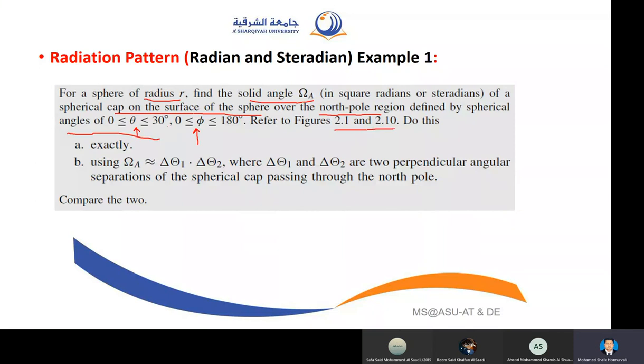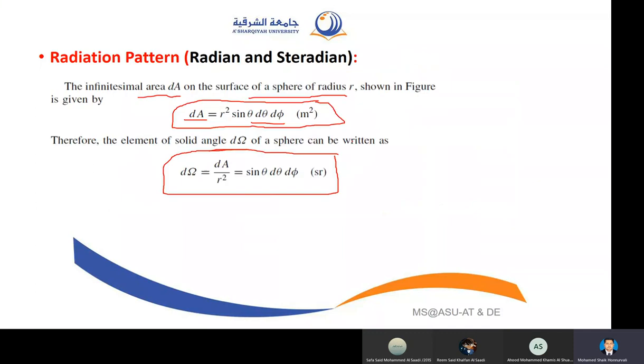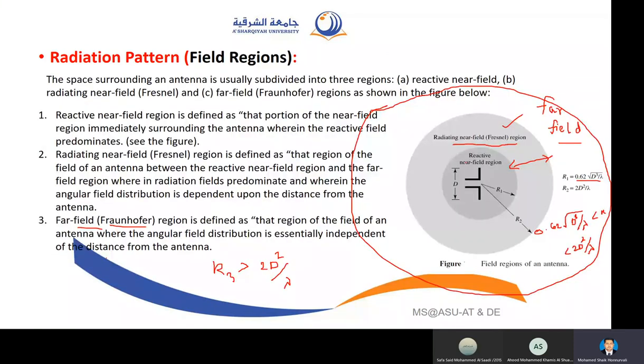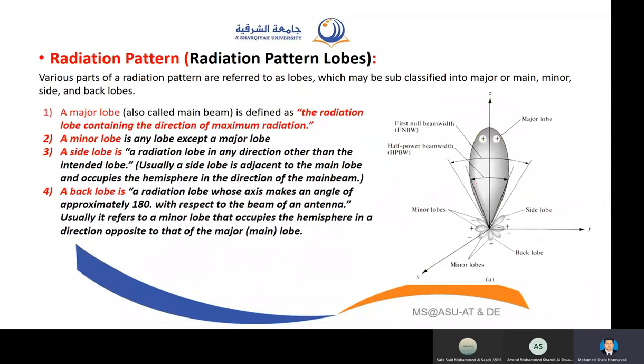Actually, this is from the book. You can go to the book and look at these figures. However, I have drawn it for you here. These two are those figures. This is one figure. 2.10 is somewhere else, I don't have it, but that is also basically the radiation pattern. It looks like this 3D radiation pattern.